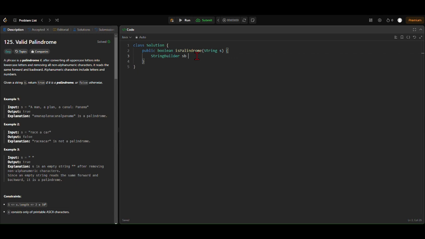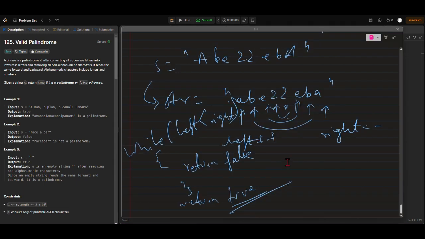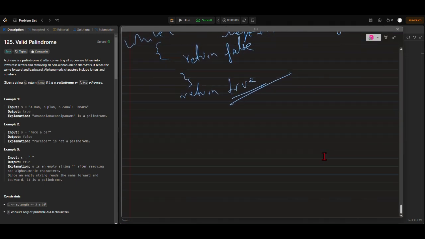String builder is b equals to. Let me explain to you what a string builder is in a very short way. So whenever you are having a string, strings in Java